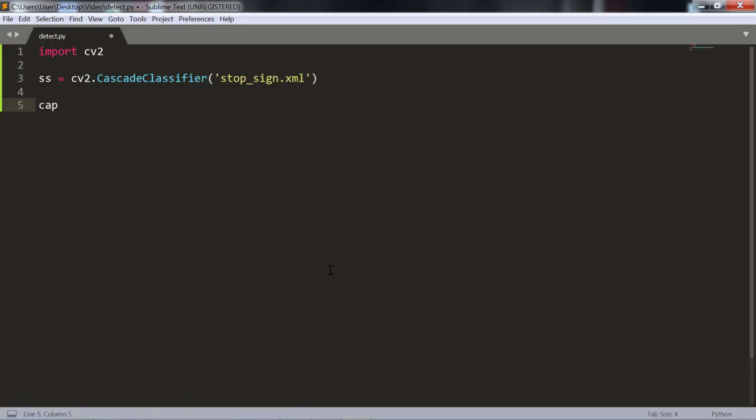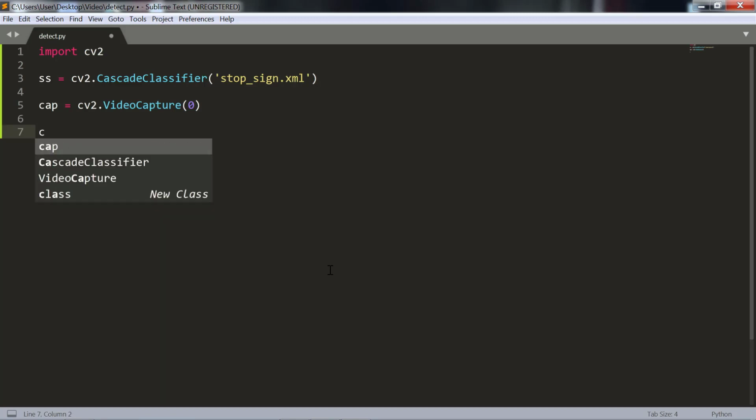Then we need to create an instance of video capture. You can keep it 0 if you want to use the primary webcam, or if you want to use a secondary webcam, then you will need to put 1 in it. The default resolution of my webcam is 720 pixels and we can't work with it. We need to reduce the size of the pixels, so I will convert the 720 pixels to 480 pixels by using cap.set.